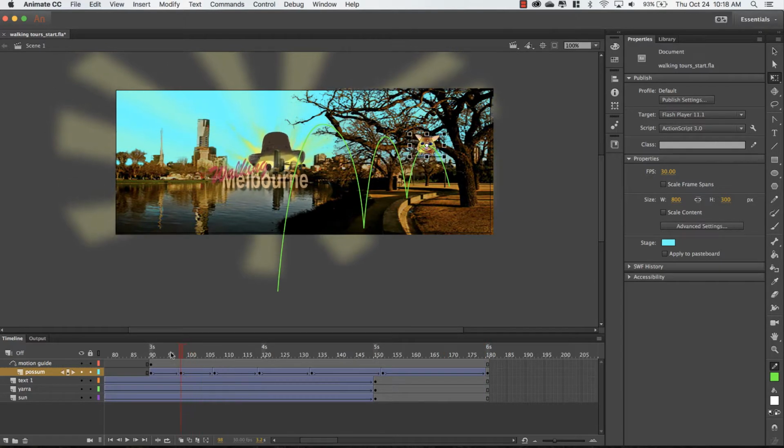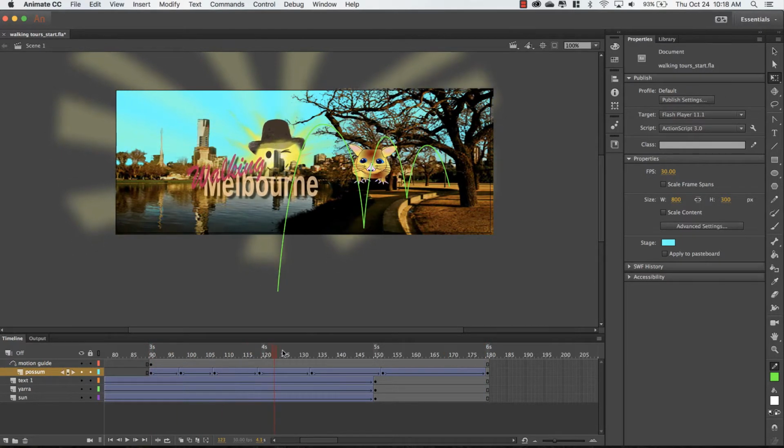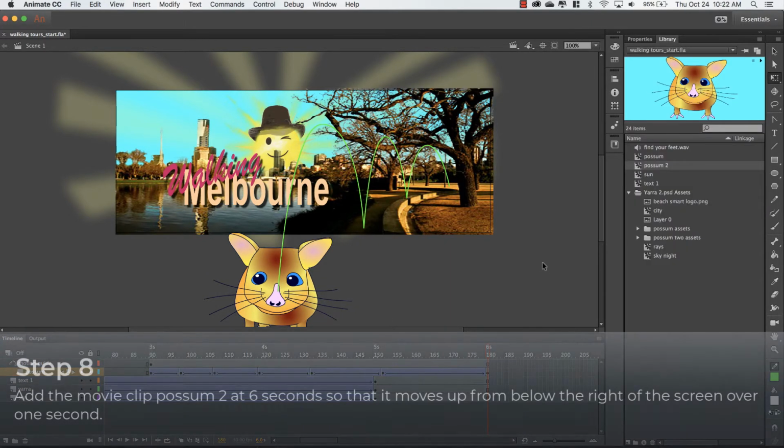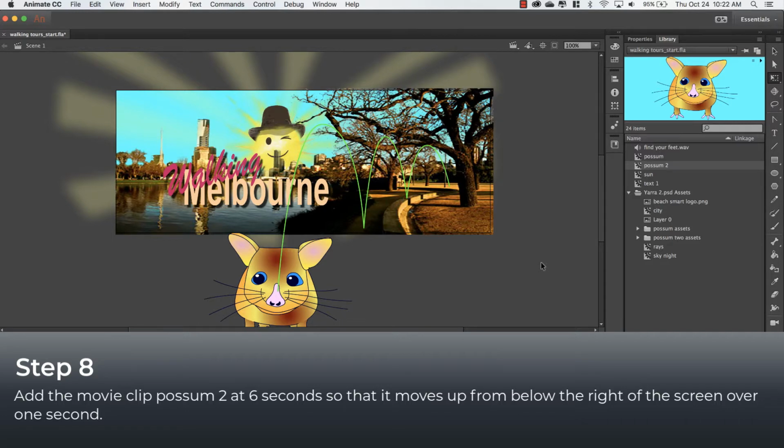Just have a look at that one more time. 1, 2, 3, and off the stage. So that's step 7. So step 8 asks you to add the movie clip Possum 2 at 6 seconds, so